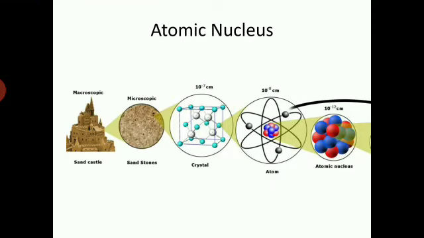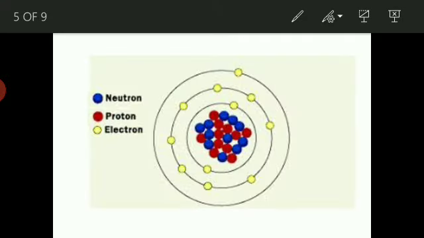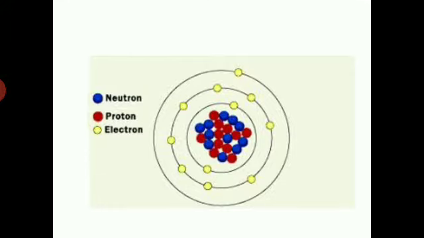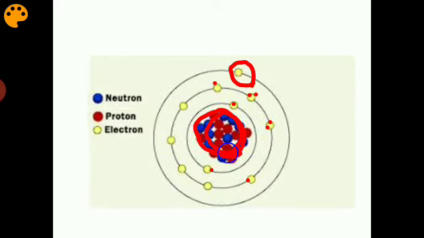So if we look into an atom, this is the picture of an atom. This is the schematic representation of an atom. Here you can see at the center an atom has the nucleus, and surrounding the nucleus electrons are orbiting. So these yellow colored dots are the electrons. These are the K shell electrons, and surrounding second shell is the L shell electrons, and so on. But we will be focusing on the central part, the nucleus.